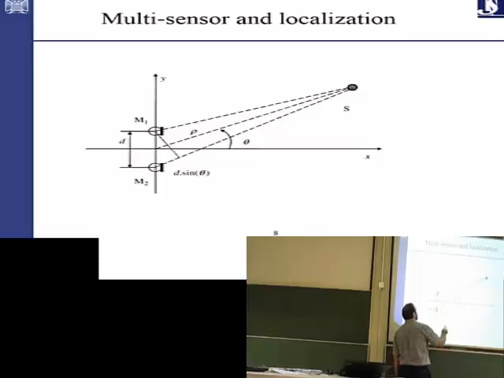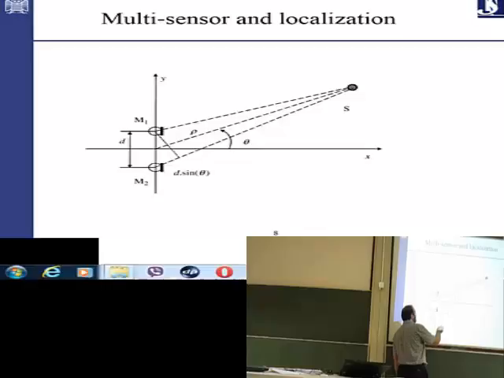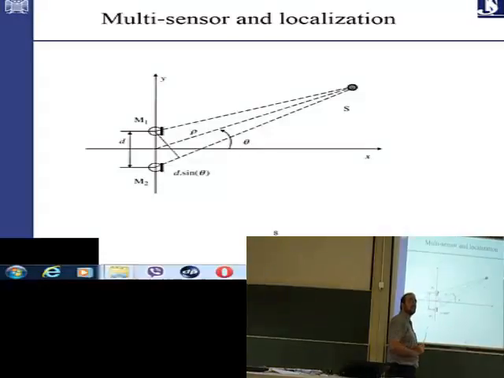And because of this extra distance that the wave propagates for microphone M1, there would be a different time of arrival introduced for this microphone. And that depends on the distance,